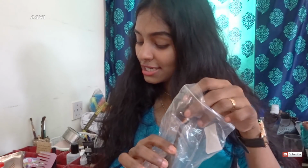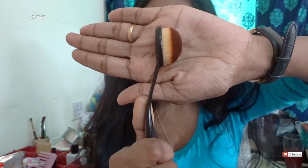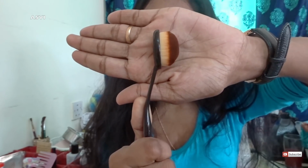Next thing I got is this foundation brush, and it retails for 93 rupees, and this is this toothbrush kind of thingy which I never used, so I was quite excited. The bristles are very smooth and soft, and I have used it once and I didn't find it very helpful for blending the foundation, because I don't know if you guys can see, it is a little pointy. I think if it had been flat, it would be really helpful to blend the foundation,